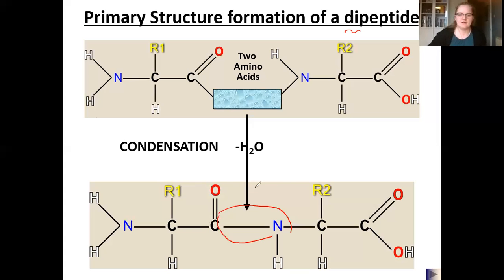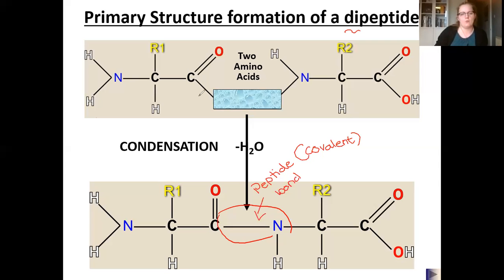But it is a peptide bond. I prefer just to call it a peptide bond. But yes, this is a peptide bond here. So whenever we're making peptides, joining them together, whether it's a polypeptide or a dipeptide, we make a peptide bond. It is a type of covalent bond, but we call these specifically a peptide bond, and that is a joining of